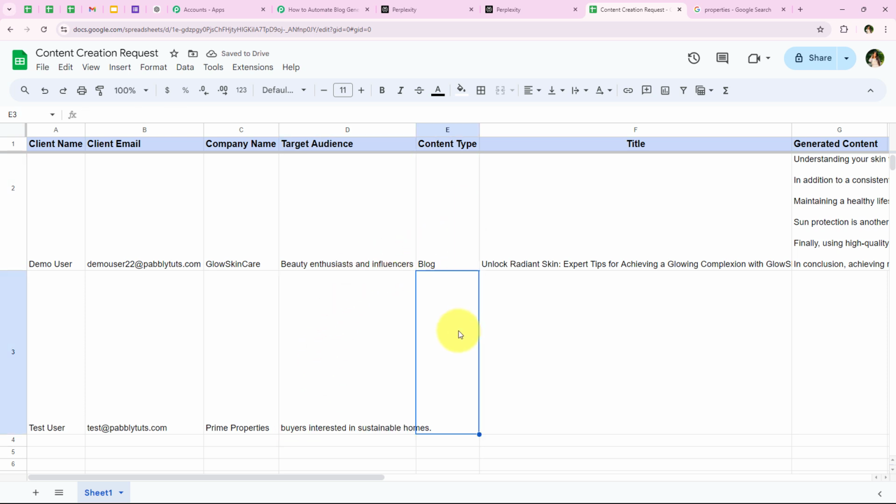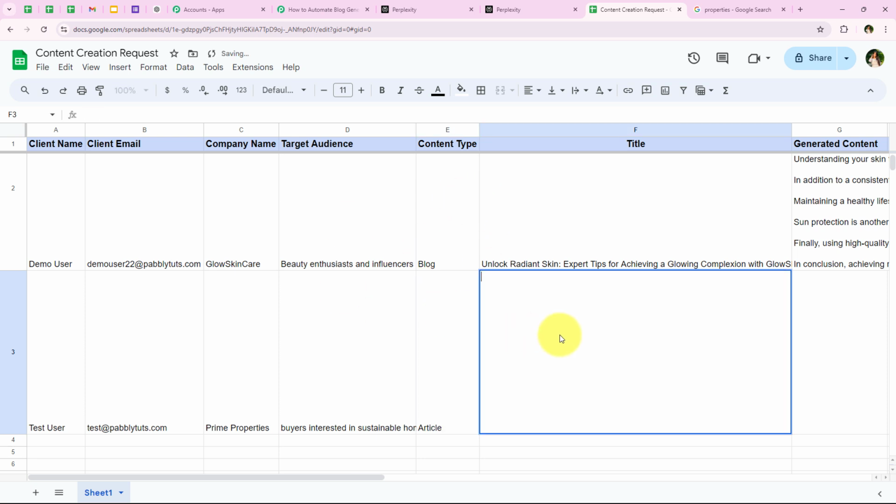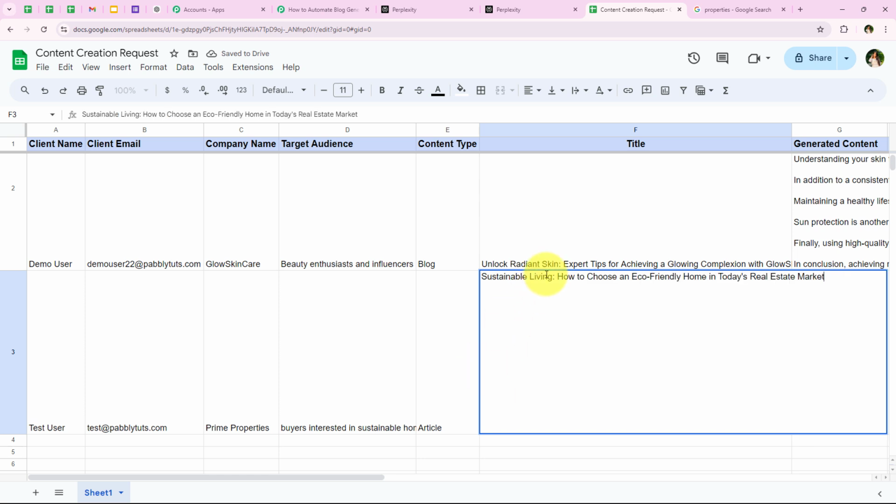And now for the content type, we are going to keep it as article right over here. And after entering the content type, it is asking me for the title. So I'm going to keep the title as this, which is Sustainable Living: How to Choose an Eco-Friendly Home in Today's Real Estate Market. So yes, with this, we have successfully done this test submission. And now what has